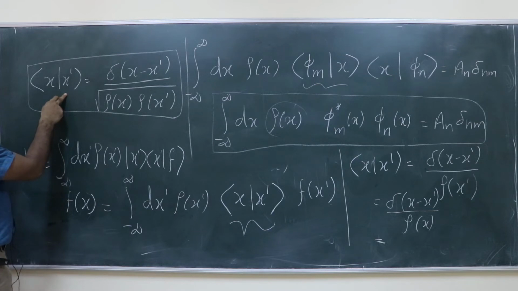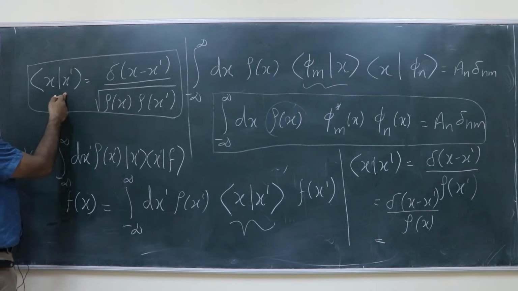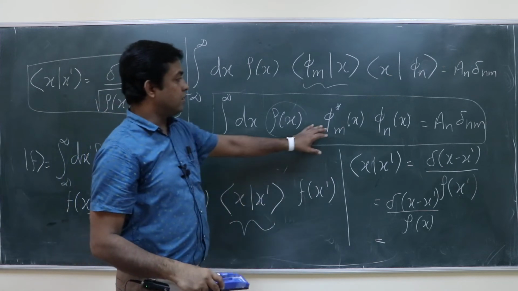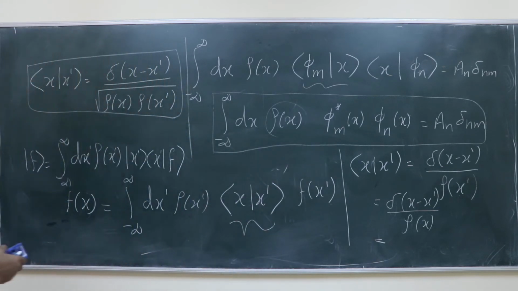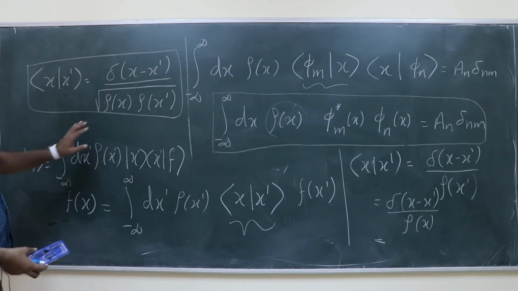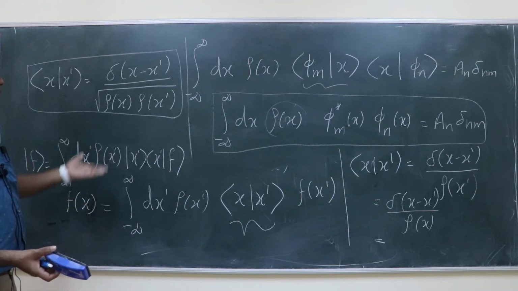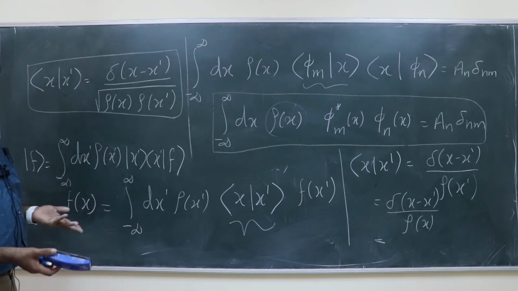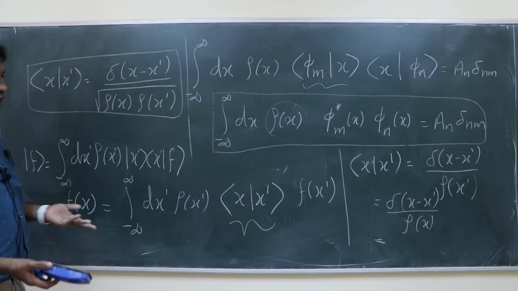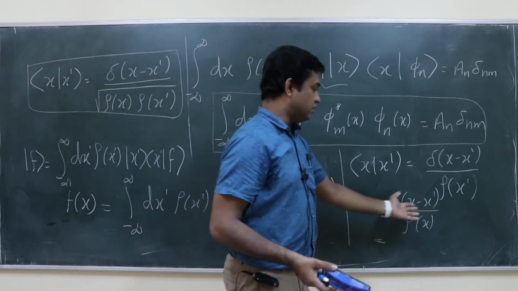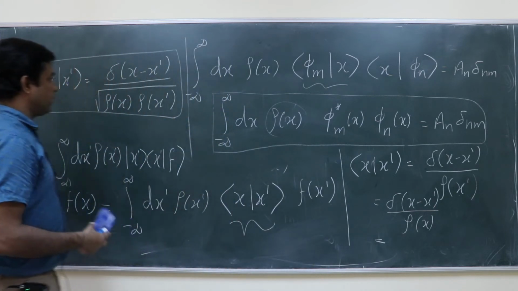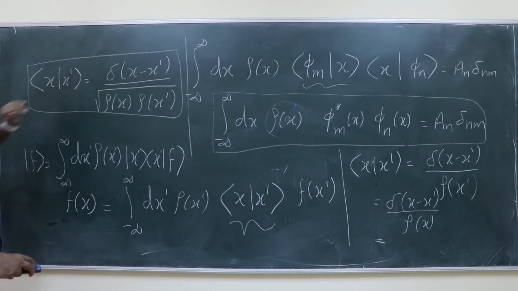So this is the orthogonality relation for the basis ket x, in a general space, where the polynomial functions are square integrable. In certain cases, rho of x depends on what kind of space you are looking at. In some cases rho of x will simply become 1, which is the usual case. Then you get bra x ket x prime equal to just delta x minus x prime. So this is the orthogonality relation.